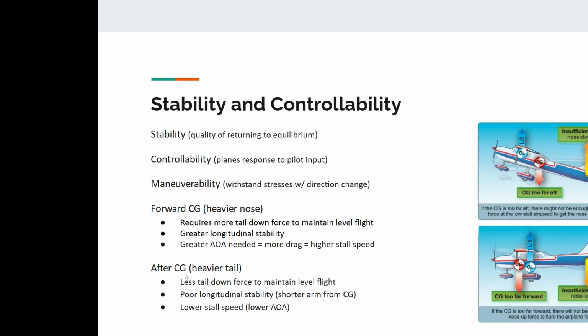Aft CG, again, less tail downforce because that center of gravity is closer. This example is closer to the stabilator. And then poor longitudinal stability because, as you saw in that example, that center of gravity is closer to the elevator, so now it's harder to push the nose down if you stall. So that's why the longitudinal stability is worsened,